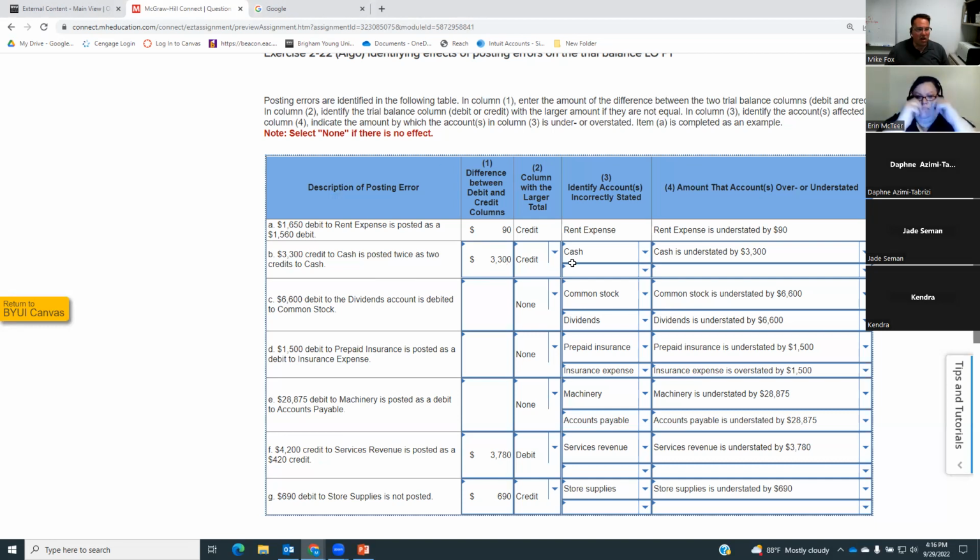So yeah, what I don't like about it is that it's asking me to assume something here instead of telling me. So I guess all we really know is that we have 3,300 too much on our credit side, and that was to the cash account. And then the fourth column is saying, okay, since credits reduce cash, and assets are reduced with credit entries, then having an extra credit entry of 3,300 would show our cash as lower than it should actually be. So our cash is understated.